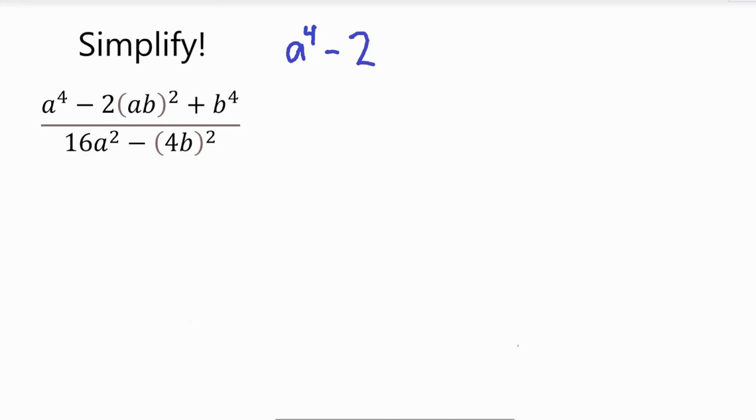Okay, so notice, whenever you're multiplying two numbers together, so in this case a times b, and you square that, it is equivalent to just squaring each term individually and still keeping them multiplied by each other, okay? So in this case, we square the a, which will give us a squared, times this b squared, so b squared is b squared, and then plus b to the power of 4 stays the same,